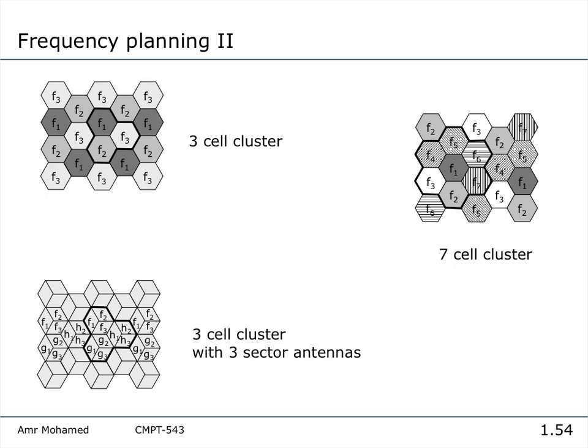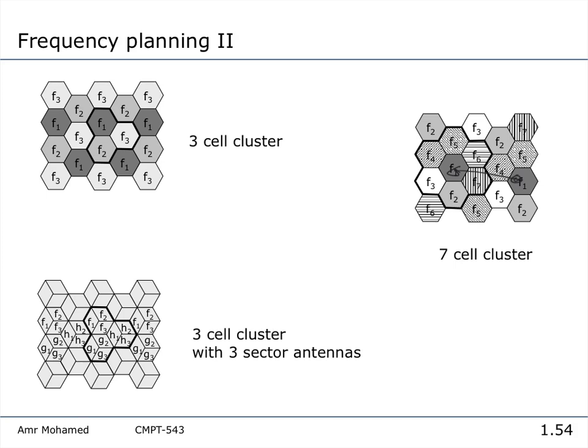So we talked about the 7-cell structure where we try to minimize the interference between the neighboring cells by using 7 different frequencies. And by having 7 different frequencies, we noticed that the frequency reuse is like here. Where is this? Yeah, here. So the frequency reuse is there, but the distance between the two cells that use the same frequency is too far,